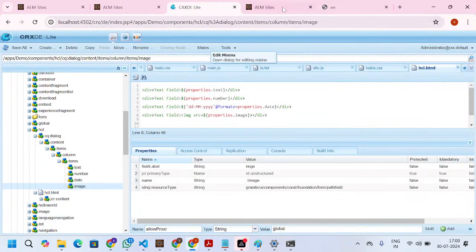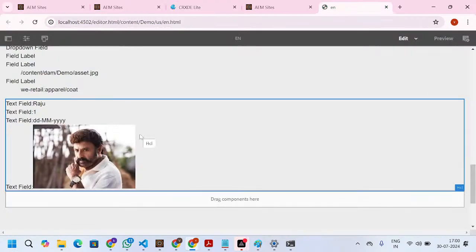So in the last session we had done two things: one is the content fragment, second one is the dialog creation. In the SQL dialog we have created the fields like a text field, number field, date picker, and then image. Now for this one, if I want to add some background colors